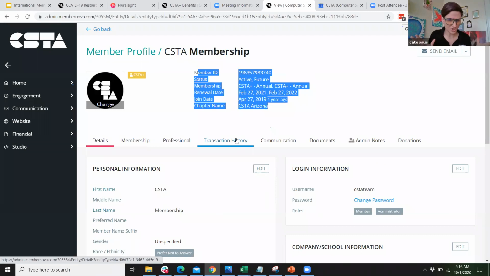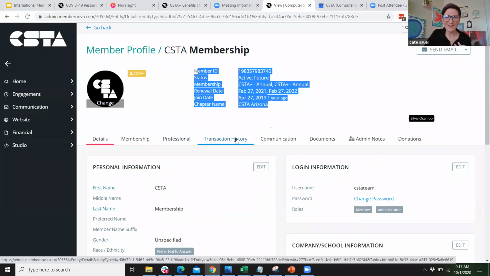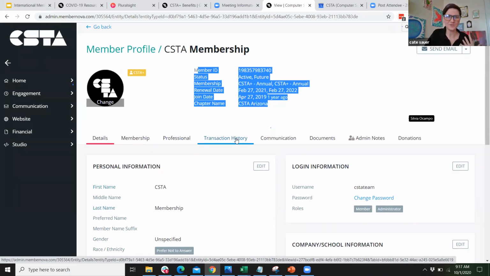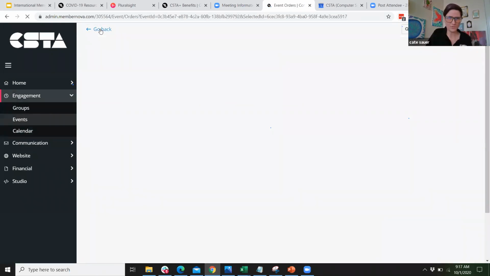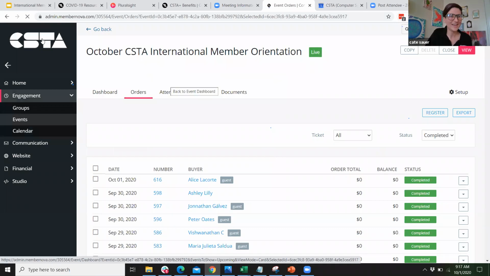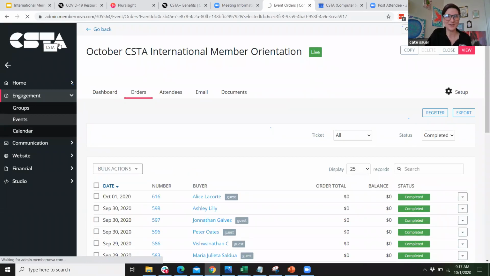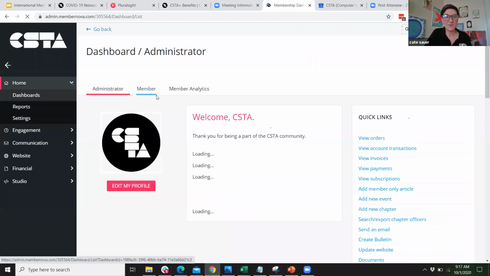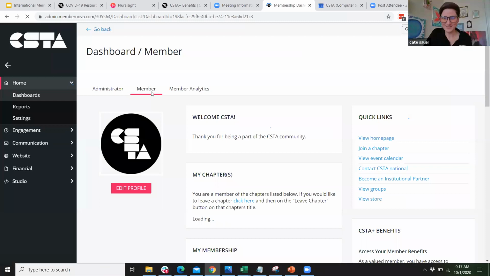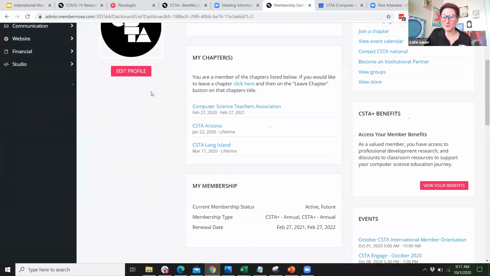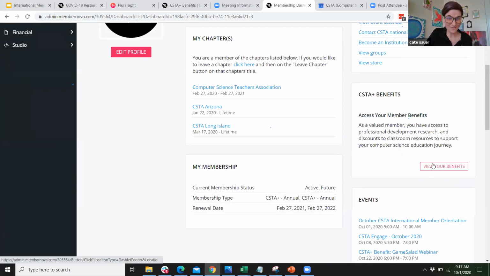So I just wanted to show that I'm a visual person, and this is a great way to navigate and make sure I'm getting the information I need. Other things on this login screen I'd like you to review: if you are a Plus member, you're able to scroll down and click and view your benefits once you're logged in. So thanks for bearing with me with that.